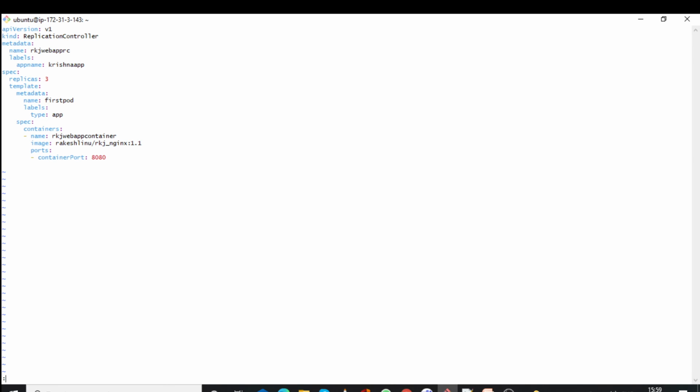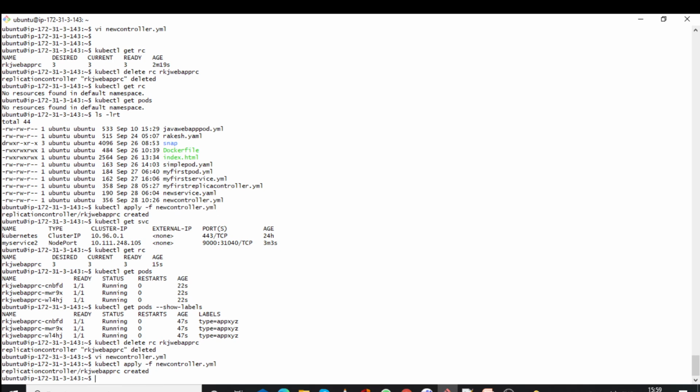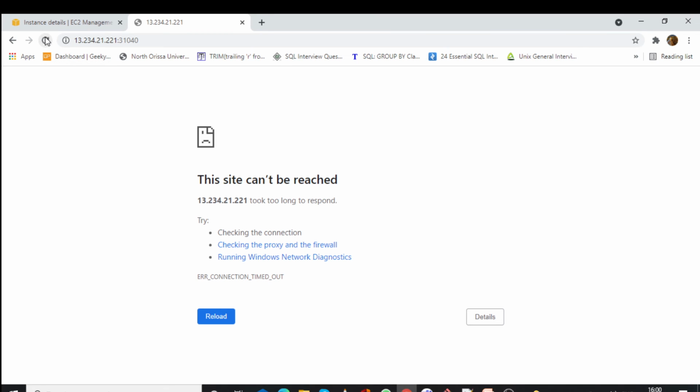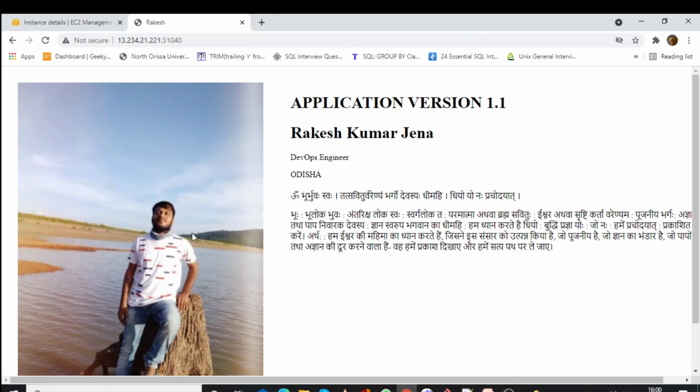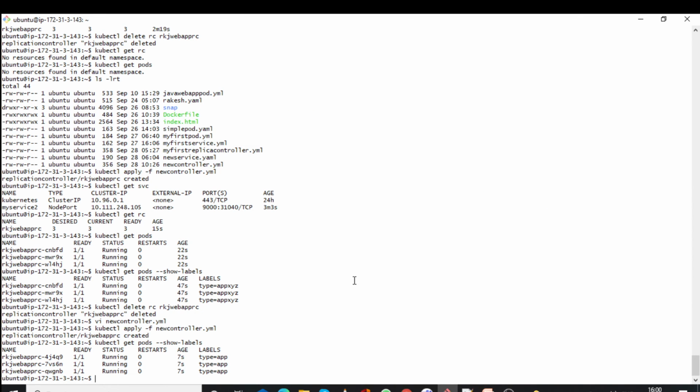I have changed it to app again. So now again we have created it, you can see the label. Now this is app. If you try to reload the page, you can see now we are able to access the pods from outside the cluster.